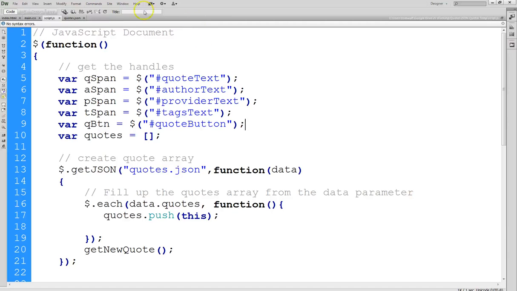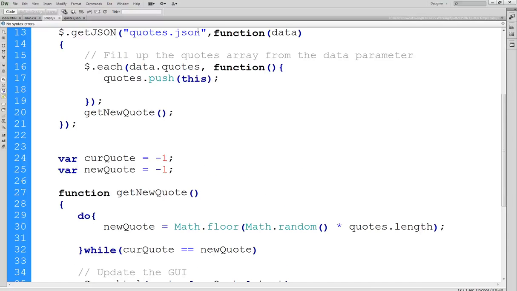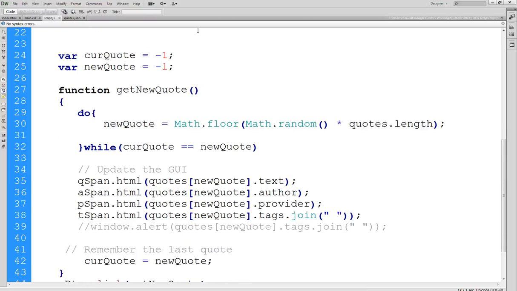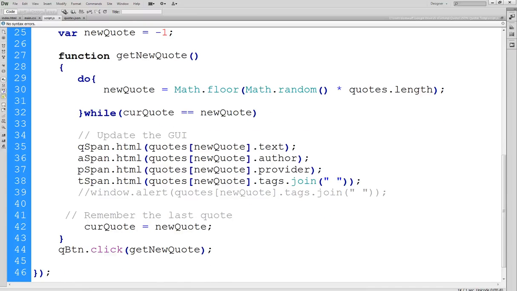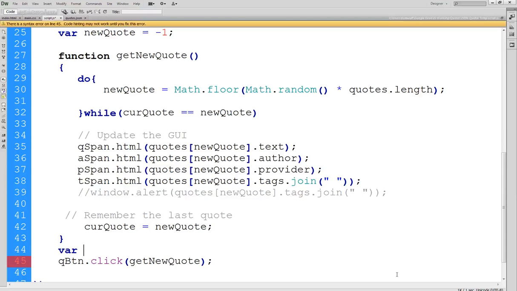Okay. So the way that we do this in JavaScript is we set a timer and we pass the function that we want to run and how often we want to run it. So we're going to use our getNewQuote function for this. So I'm going to put the timer down here. Now you can do this without a variable, but if you want to be able to turn it off, you need a variable reference. So variable var my quote feed